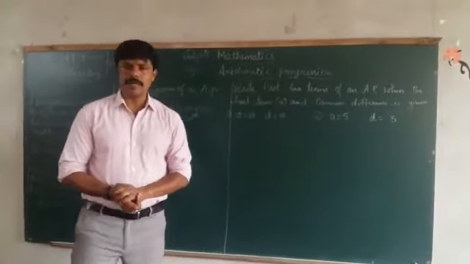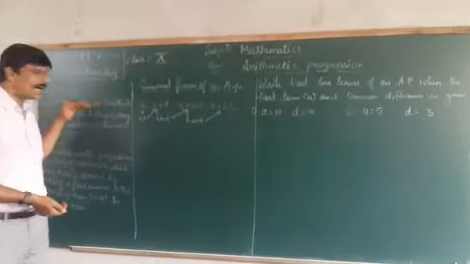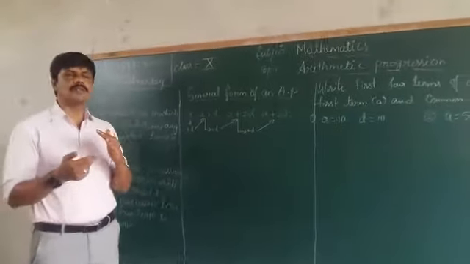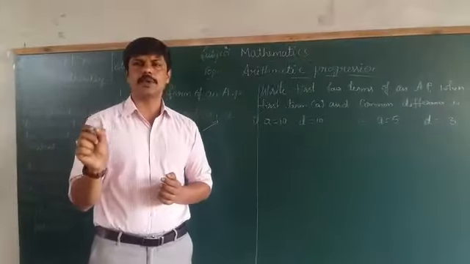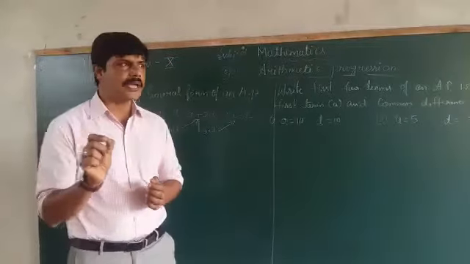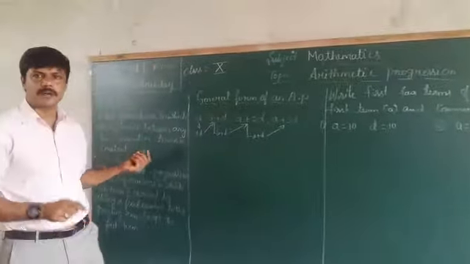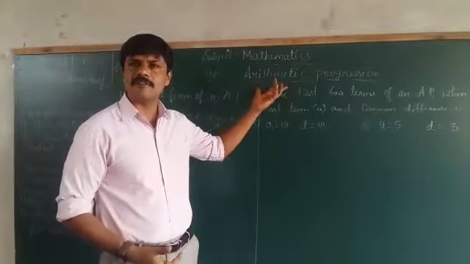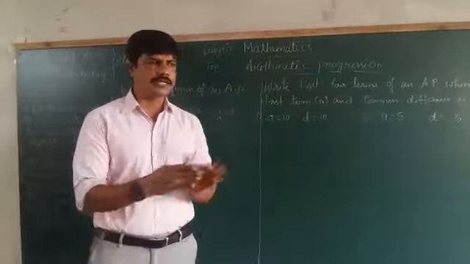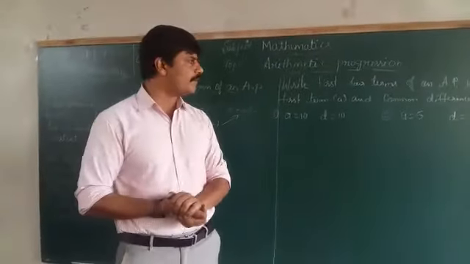We came to know the meaning of arithmetic progression and its definition. We have also learned how to tell whether a set of numbers is an arithmetic progression just by knowing whether they have a common difference or not. If they have a common difference, we clearly declare that the given set of numbers is an arithmetic progression. All those things we have learned, and its application also we have learned.